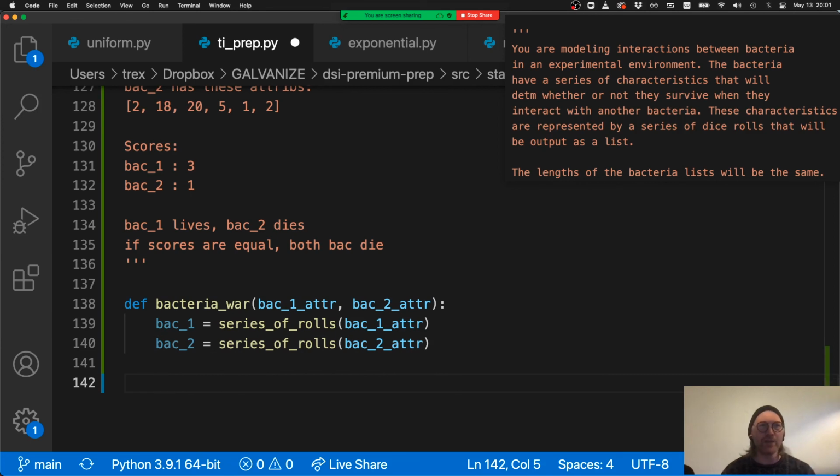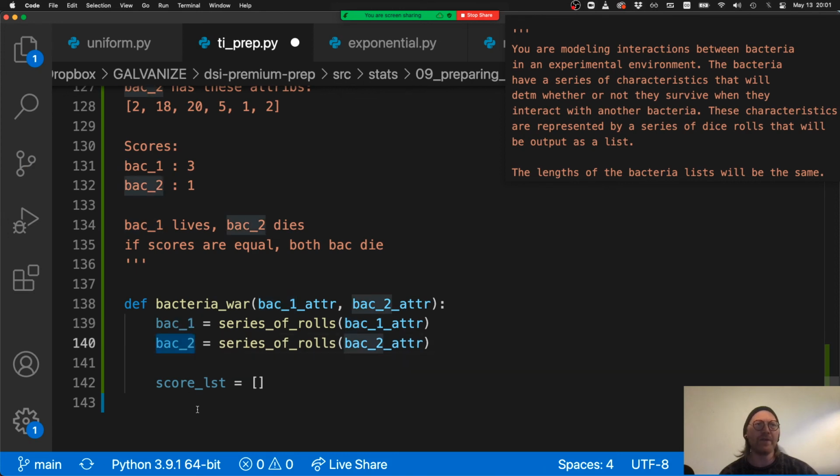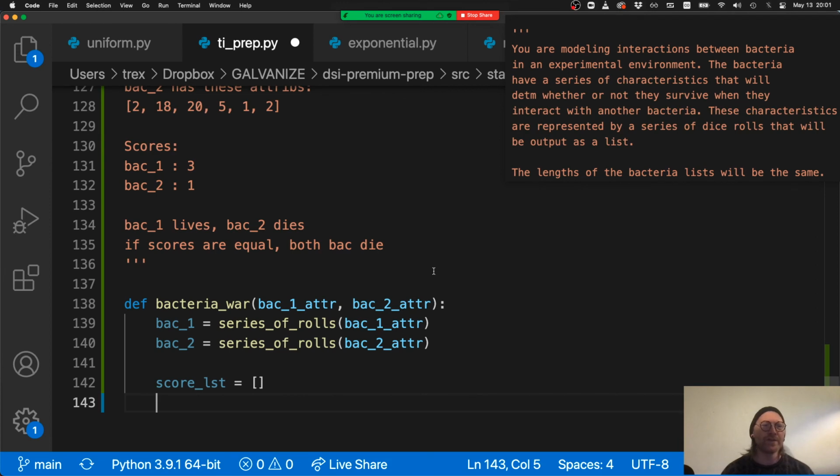And we can create a score list. And I'm going to write this in kind of a longhand Python, hopefully to keep it easy to break down. So we've got back one and back two. These are the actual rolls that have been committed. So one way that I could do this, if I want to compare these to each other and tabulate the scores, I could say,